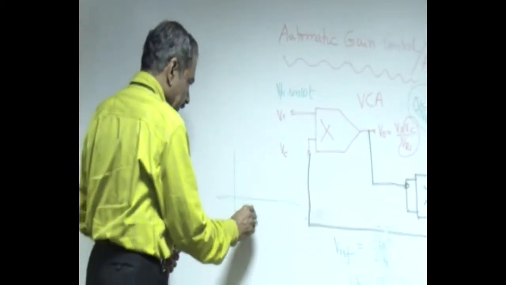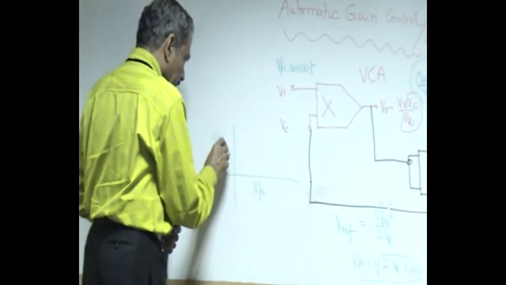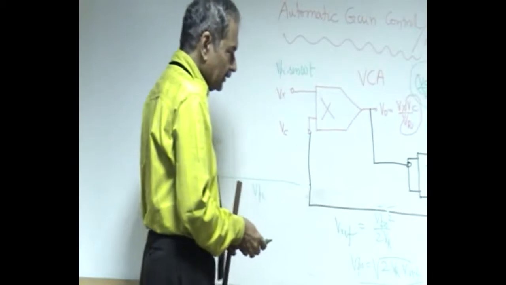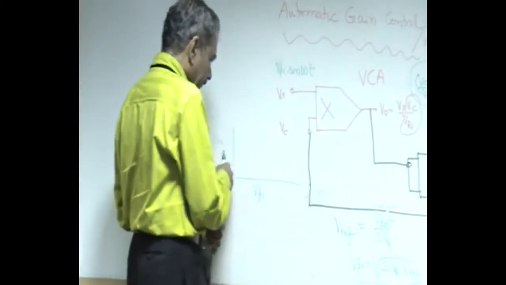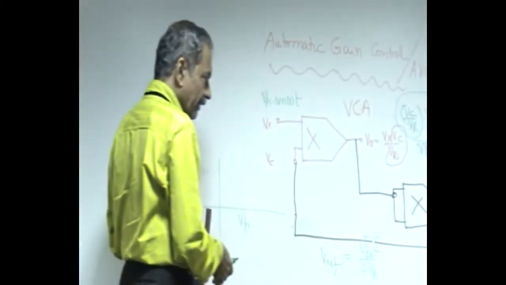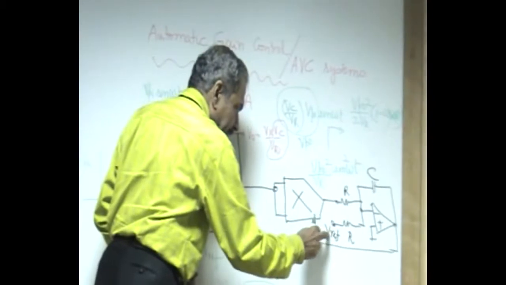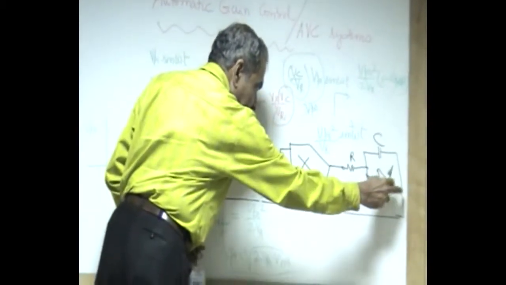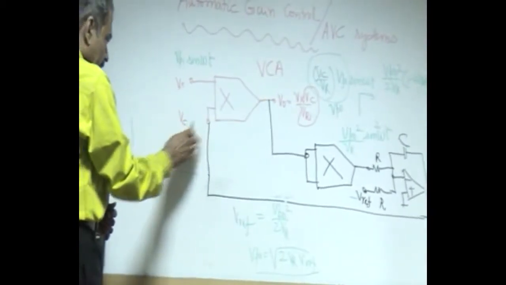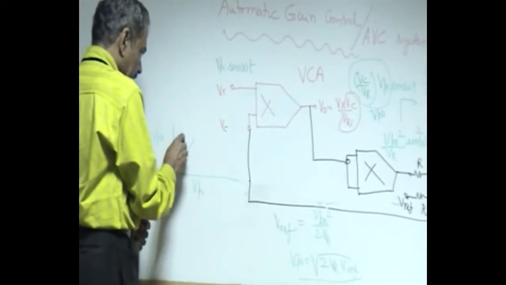So what happens here is you have to plot VPI versus VP naught. Initially, of course, the control loop is not functional, because the input may be very low and this amplifier is not capable of amplifying it to that extent. Because of this negative voltage here, this will go to positive saturation. So this will be at the highest gain possible, and it will keep on increasing.